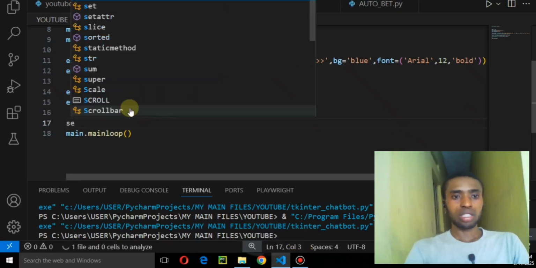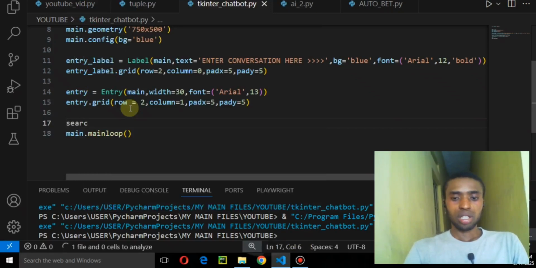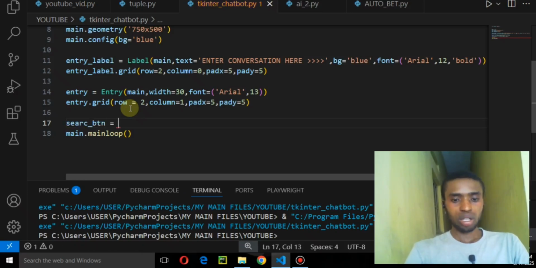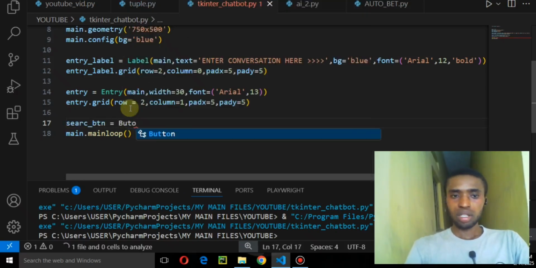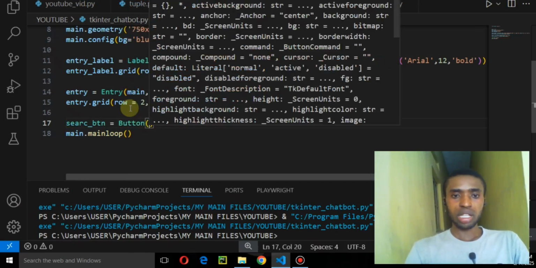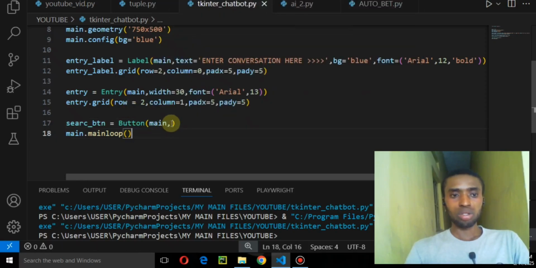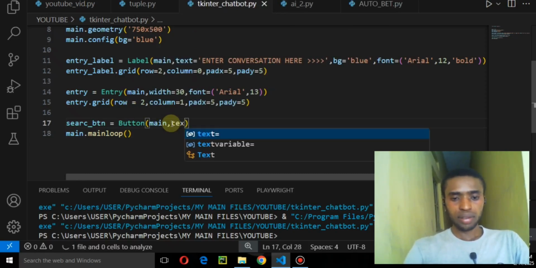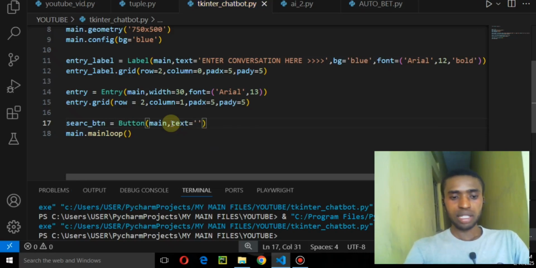We can just say search. Can say search underscore BT, and here we're going to call the button. The first thing is main. It's going to take the main, and then the next thing that we need to actually specify is your text. We want it to have that search